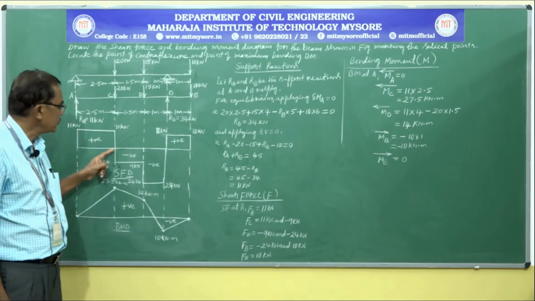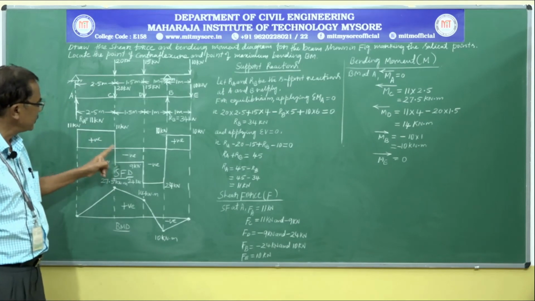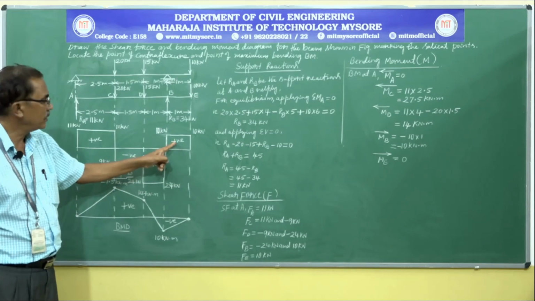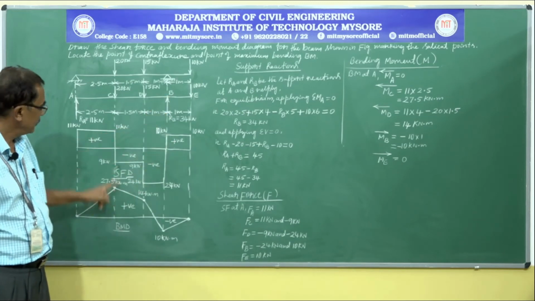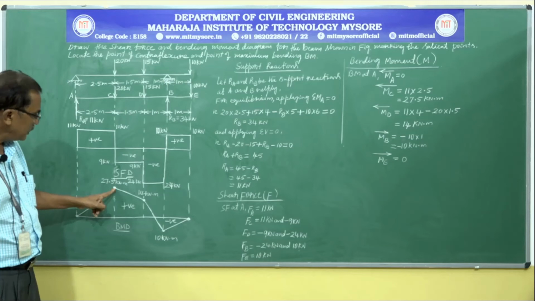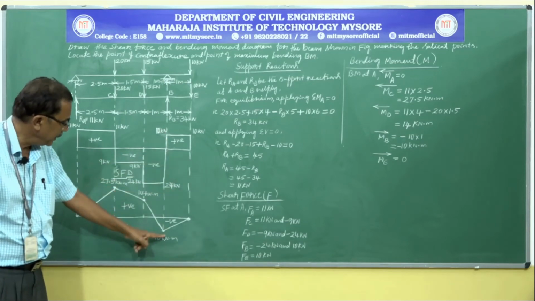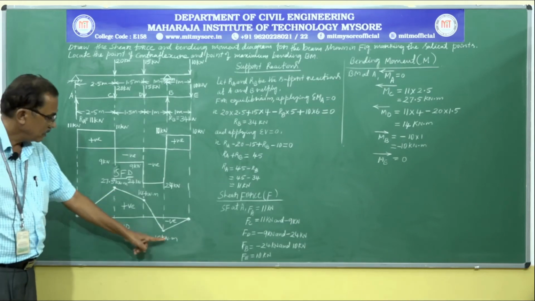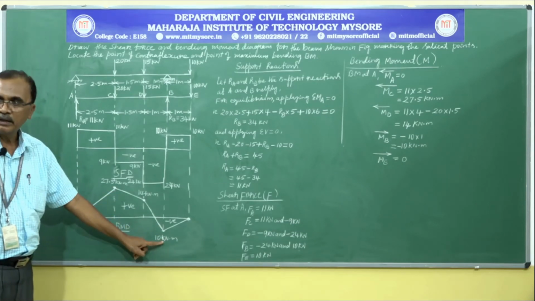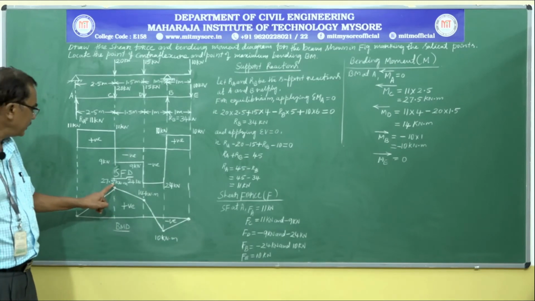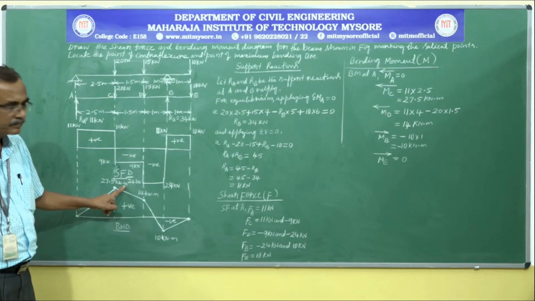You can see here shear force diagram changed its sign from positive to negative at point C and again from negative to positive at another point B. So the worked out values of bending moments at point C and B indicate that the maximum value is at point C and the minimum is 10 kilonewton meter. So we need the maximum value and we got it 27.5 kilonewton meter.